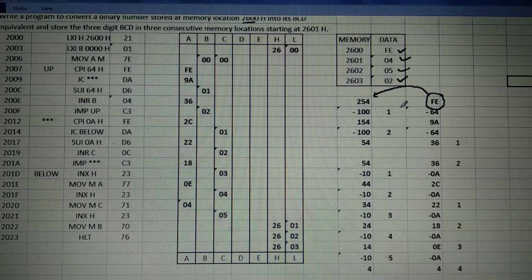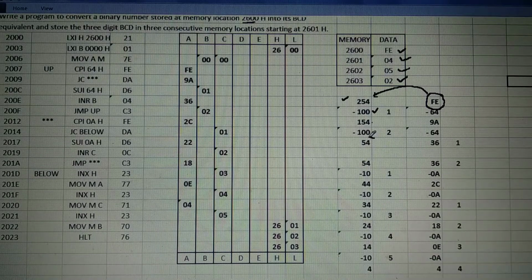How to convert this number into unit place value, tens place value and hundred place value? You have to separate the digits. First, compare the number with 100. If the number is greater than 100, subtract 100. Whatever answer you get, again compare that number with 100. If still this number is greater than 100, again subtract 100.